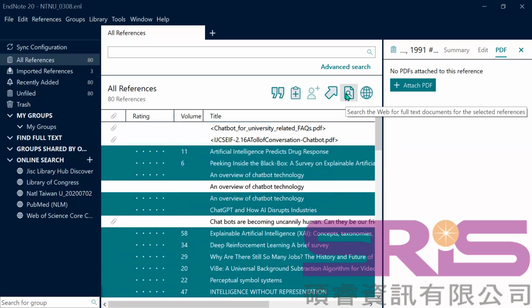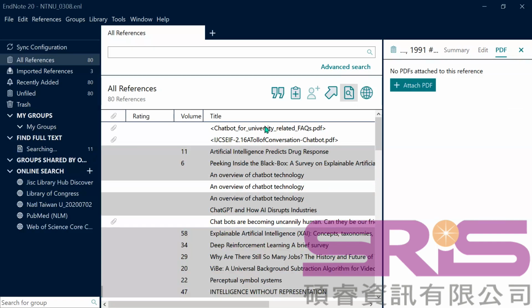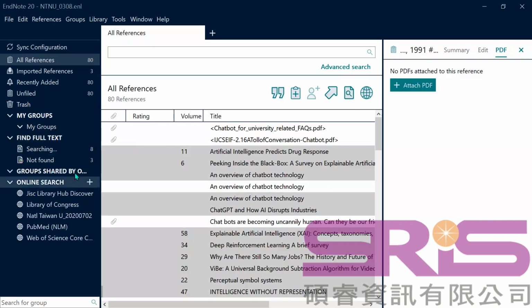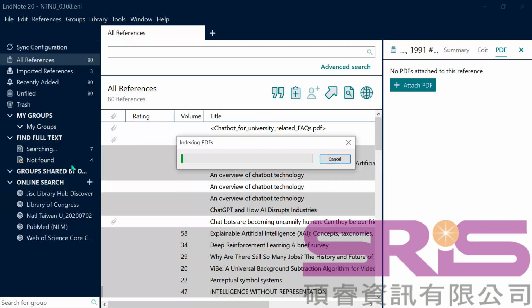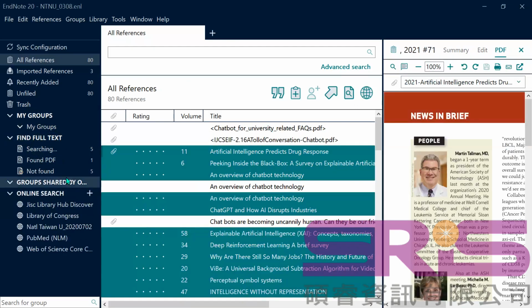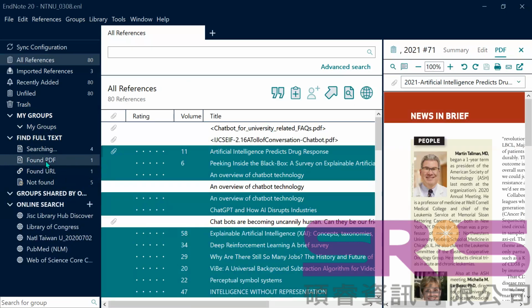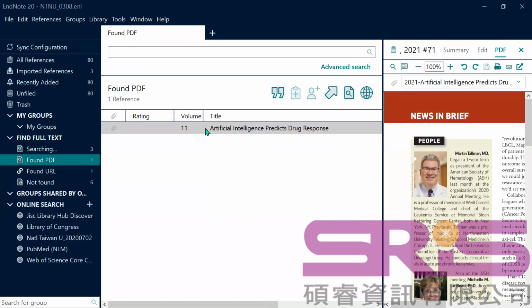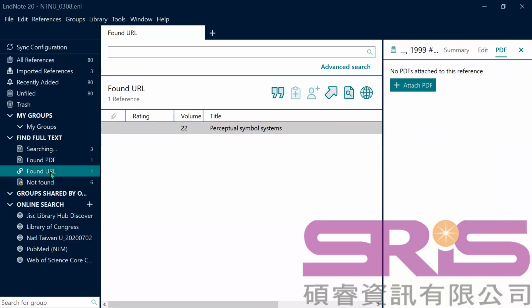After I selected some references here, I can just go to search the web for full text document. Here shows a magnifier. After you click on it, the find full text will start to show all the labels, all the groups for the PDFs. For example, this one represents that you have found the PDF for you,